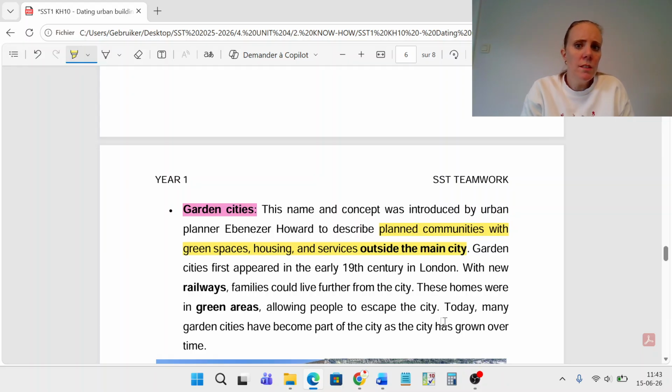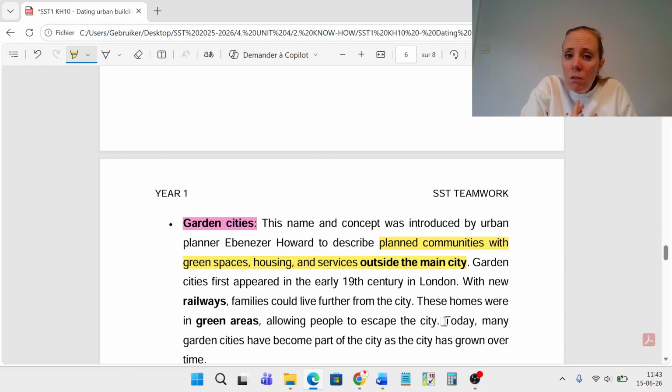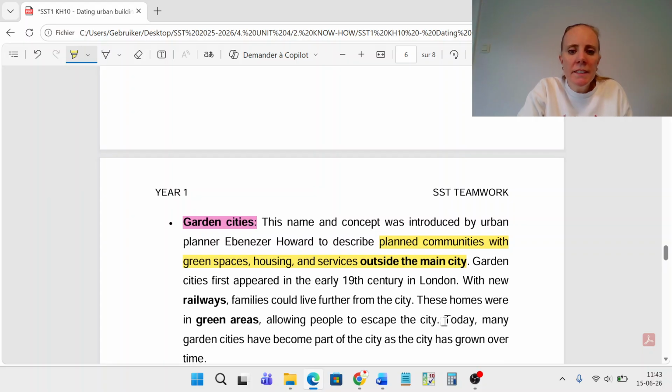Some people wanted to live outside the cities, and there was an option that was offered to them. It was to live inside a garden city. C'est un quartier résidentiel qu'on appelait garden cities en anglais. On n'a pas d'équivalent en français. D'accord, on appelait ça plutôt les lotissements résidentiels à l'extérieur de la ville. And the idea was to go